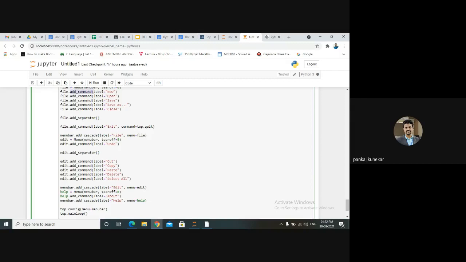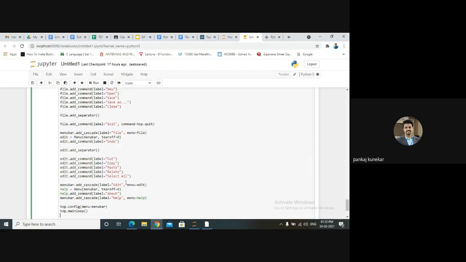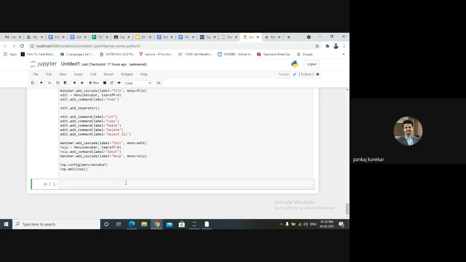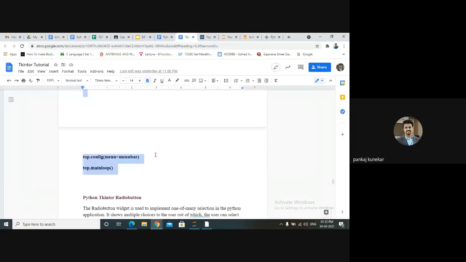Add underscore command will add New, Open, Save As, Close. For this one we have Undo, then separator, then Cut, Copy, Paste, Delete, Select All using add underscore command. Same with Edit and Help.